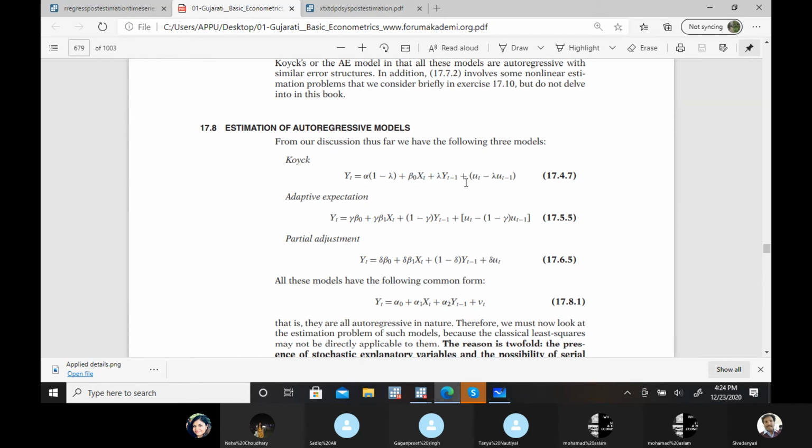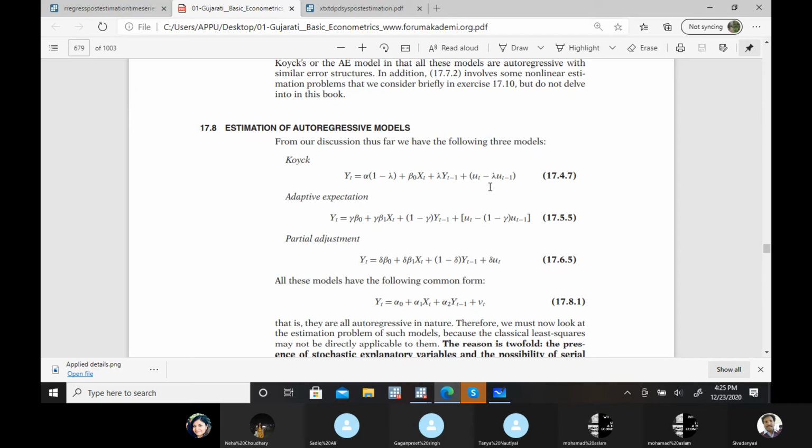Second, the residual term, like in this particular model this vt, and in these models, may have autocorrelation. Again, the problem is with the standard error and all. So one solution for this problem is the instrumental variable: select some variable in place of this y t minus 1, which is highly correlated with y t minus 1 but not correlated with the residual term. That sorts out your problem of biasedness.